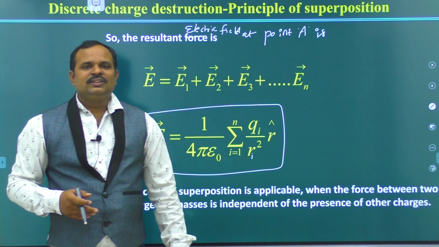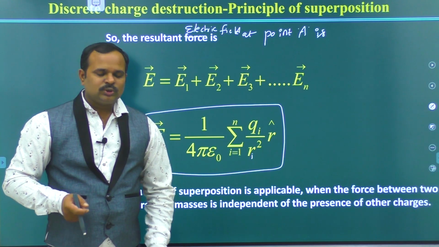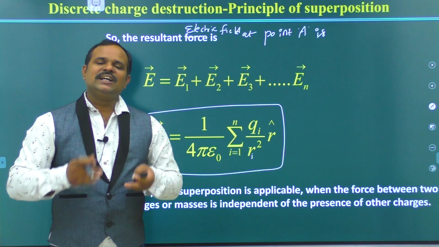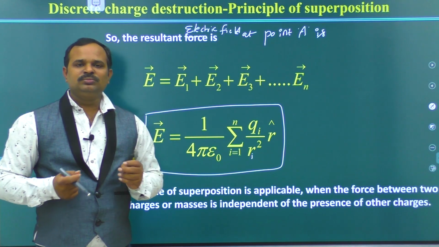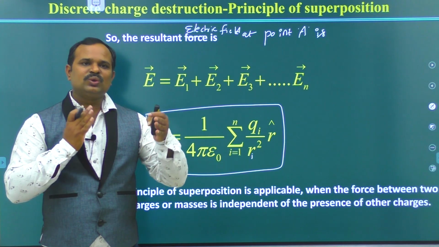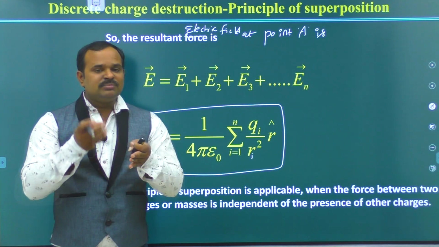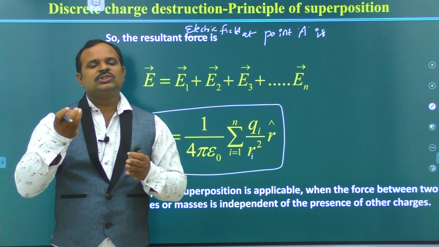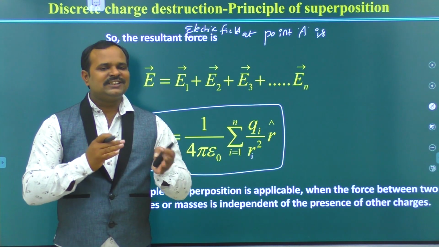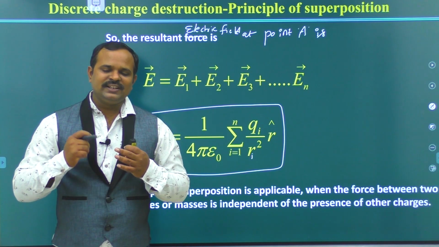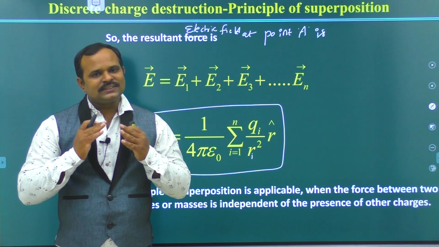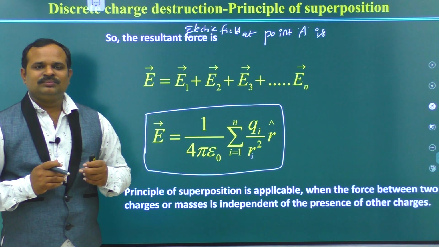So this is about intensity of electric field. Now I'll just summarize. Charge is a property of material, and charge can be of two types, positive and negative. Charge is quantized, which means the total charge in the universe can be expressed in terms of integral multiples of a small quantity, that is the elementary charge. The charge of an electron is 1.6 into 10 power minus 19 coulombs. Mass of the electron is 9.1 into 10 power minus 31 kg.